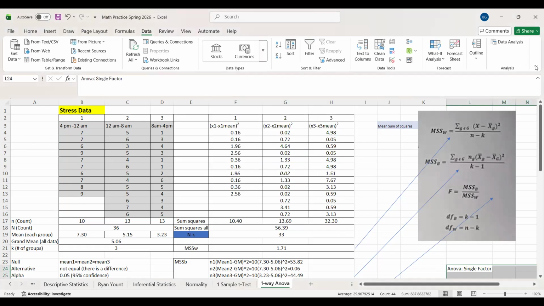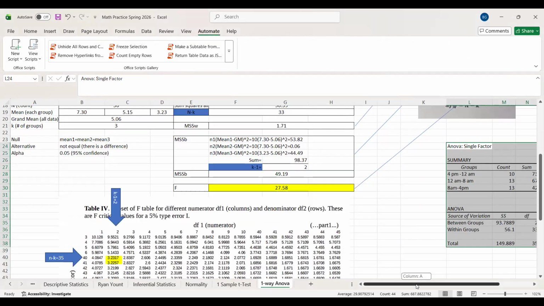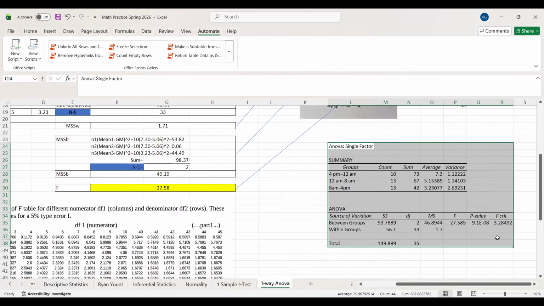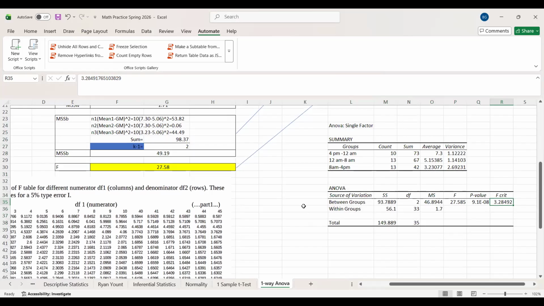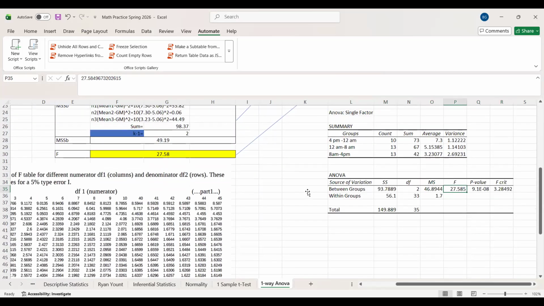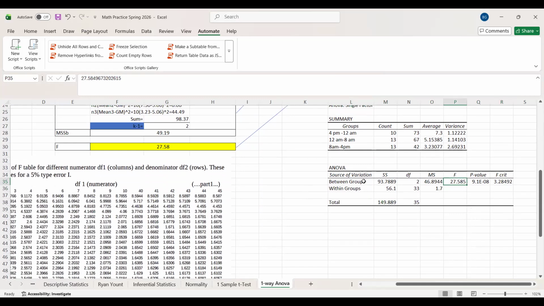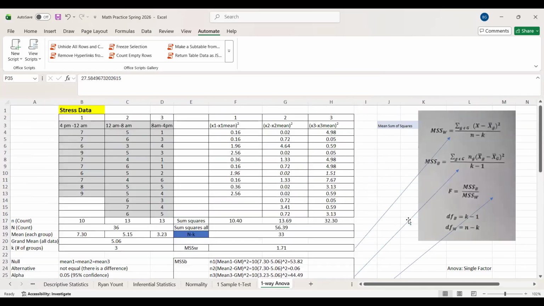And bingo, presto, I get this. And if you look at F crit, that's what I took out of the table. 27.58 is what I got after all this gymnastics. And I know that my critical level is way out in the rejection region. So I know that I can reject the null hypothesis, which means that yeah, there is a difference in stress level